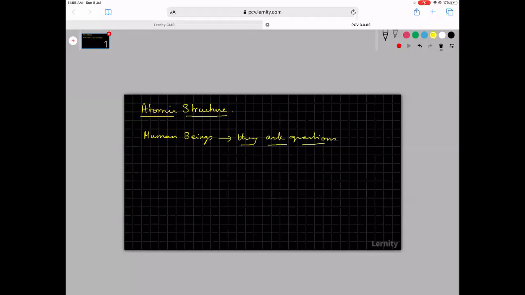So somebody will say, I'll take a substance and then I'll break it into smaller, even smaller pieces. Then what will I finally get? Mankind wanted to know what they would finally get, and some people said they will get something called an atom. And I hope all of you know that an atom is the smallest indivisible particle of a substance, of a pure substance, which is made up of only one type of